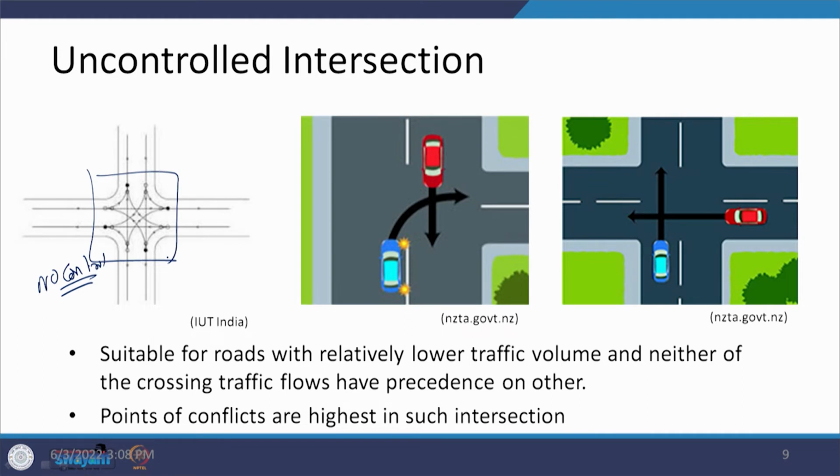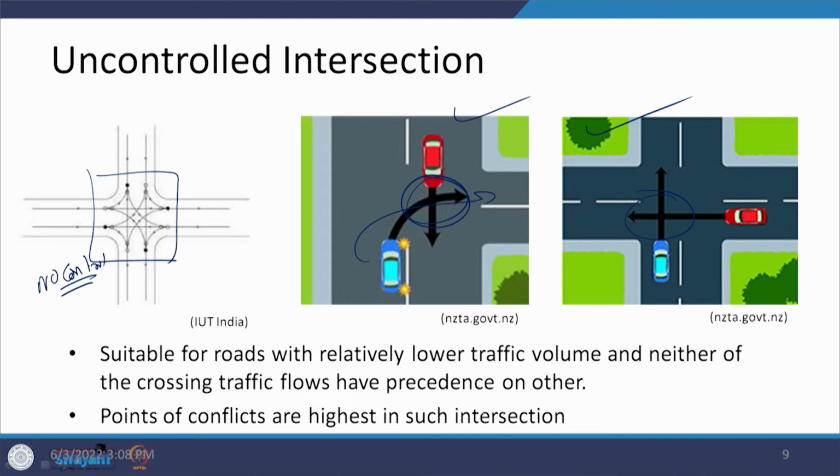In these situations, if the traffic is not too high, meaning the volume is not too much, then it may be okay, but if it is quite high, then that is going to create a problem. What you can see in these photographs is that the traffic coming from this side is taking a turn, so there is a conflict point here because of the turning and one through movement. Here there are two through movements, and again there is going to be a conflict point. These are the things which need to be taken care of, and